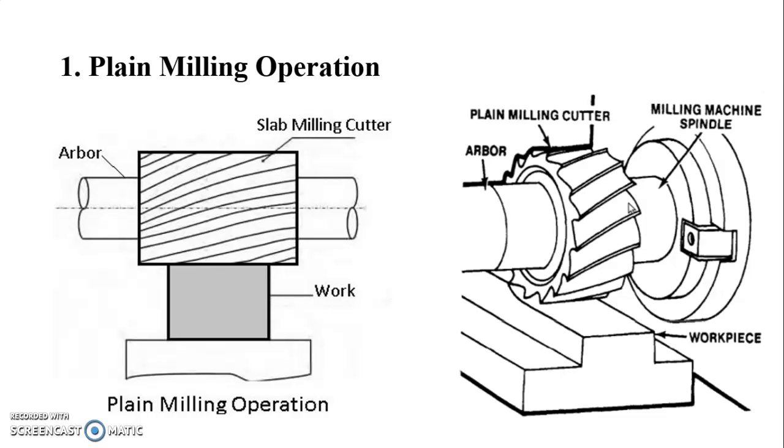For this operation, the workpiece surface is mounted parallel to the surface of milling machine table. The milling cutter is mounted on a milling machine arbor and is rotated at a high speed. The arbor is well supported in a horizontal plane between the milling machine spindle and one or more arbor supports. So in plane milling operation, the depth of cut is adjusted by rotating the cross feed screw of the table. If large quantities of metal are to be removed, a coarse tooth cutter should be used. Such operation is also known as a slab milling operation.